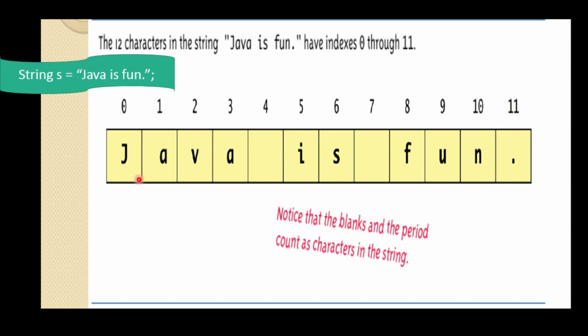Now see, blank spaces and periods are also considered as characters. So when you count the number of characters or index positions, these also have to be included as characters. So this is the representation of your string, starting from 0, as the index position always starts from 0. Okay, so moving to the next one,